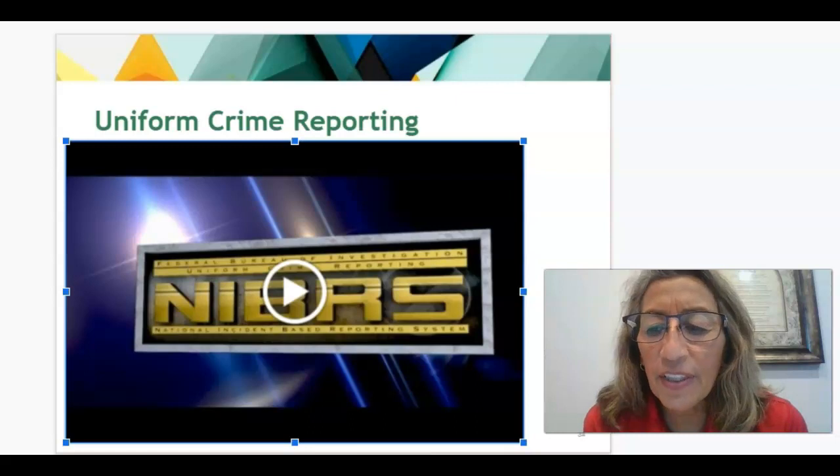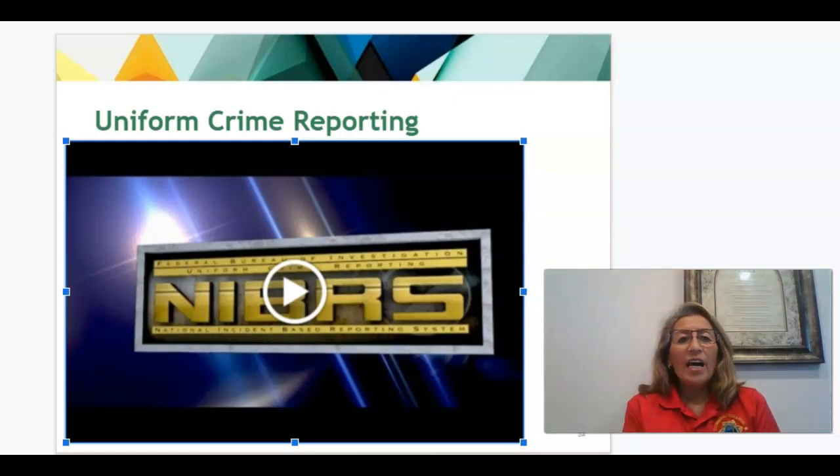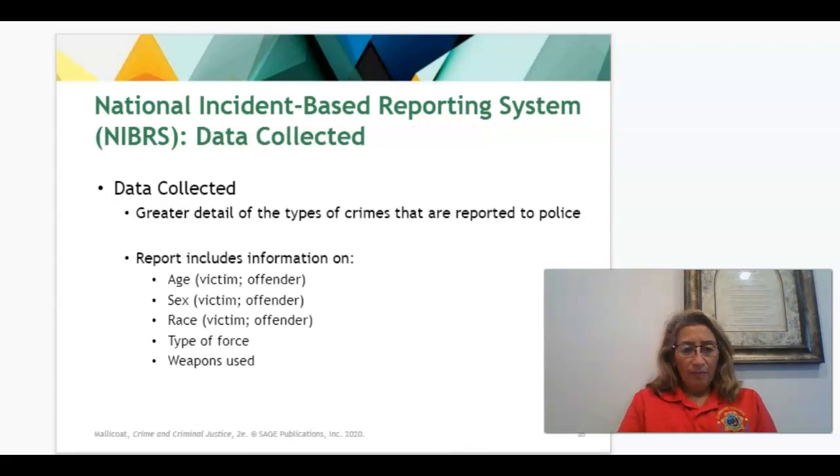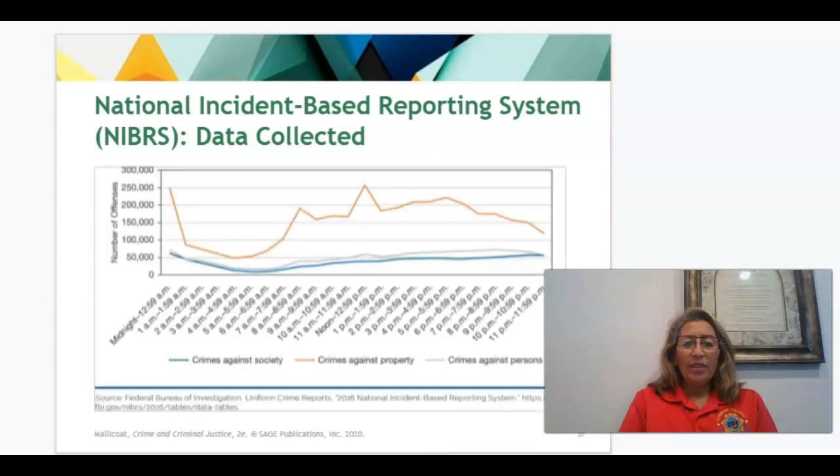Okay, so after watching this video here and explaining the NIBRS, tell me 3 things you learned from watching this video. Okay, 3 different things, and the limitations. A lot of agencies are slow because they like the Uniform Crime Reports. However, it's already taken a lot more now. Here's the data collected, like we stated earlier. There's a nice little graph that not only shows you the suspect information, however, it gives you the information on the victims